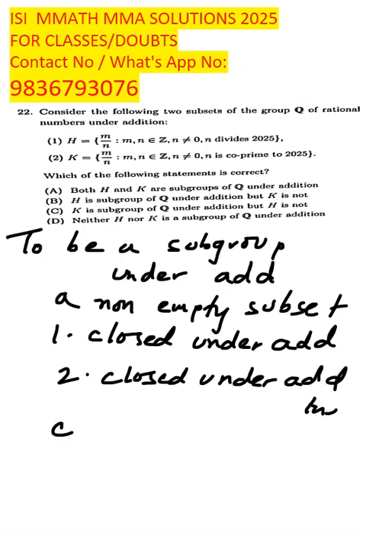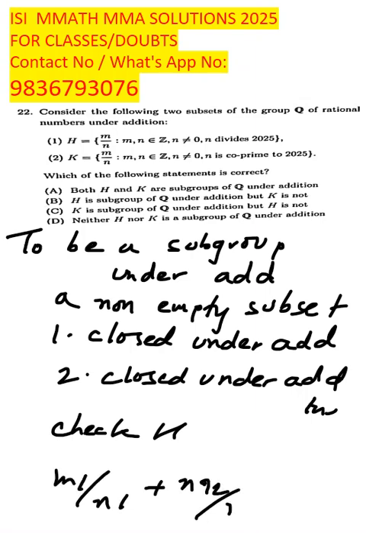So first we will check for H. Okay. So now m1 by n1 plus m2 by n2 is equal to m1 n2 plus m2 n1 by n1